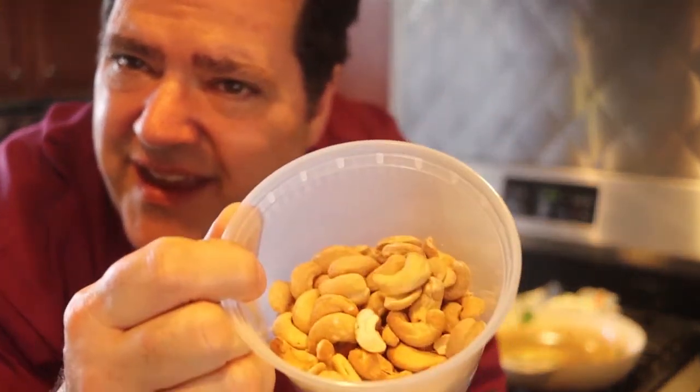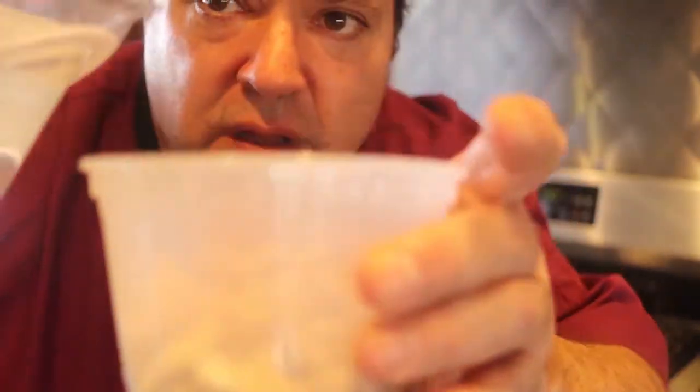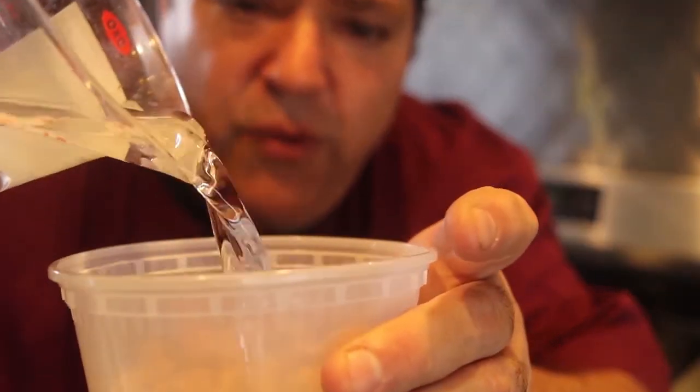And the start of that cheese sauce, cashews. Wonderful. I have 1 cup of cashews here. I have 1 cup of water. And what I'm going to do, I'll put the water in the cashews. I'm going to refrigerate overnight. Cashews are going to get very soft. So my puree is going to be very smooth. And I can make a kind of a cheese sauce from that pureed cashews. It'll be nice and thick. Then I can mix it with the cooked rice, and everything will stick together, and it'll make a beautiful, beautiful